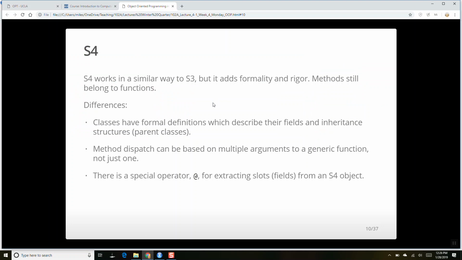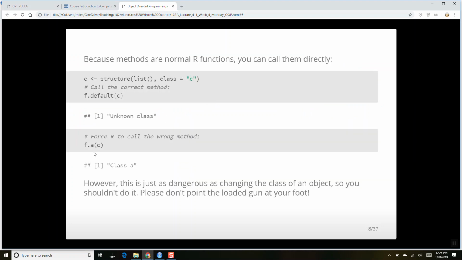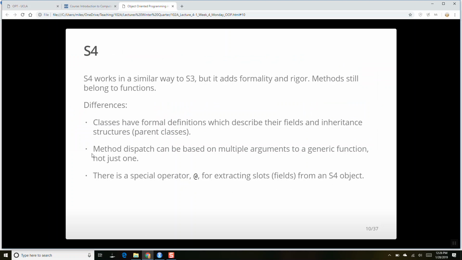And so it just adds rigidity to it so that you don't have these situations where you can force R to use the thing in the wrong way, okay? We're going to have a formal definition of what is a baseball bat, okay? It's going to have to have these exact dimensions and these things. We're formally defining all of these things, okay?